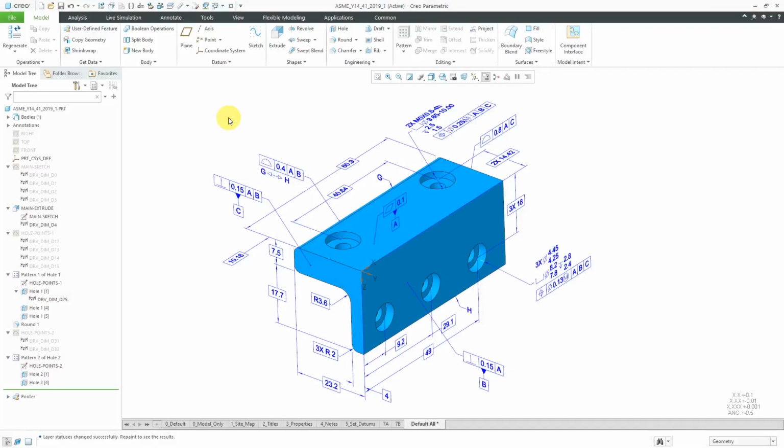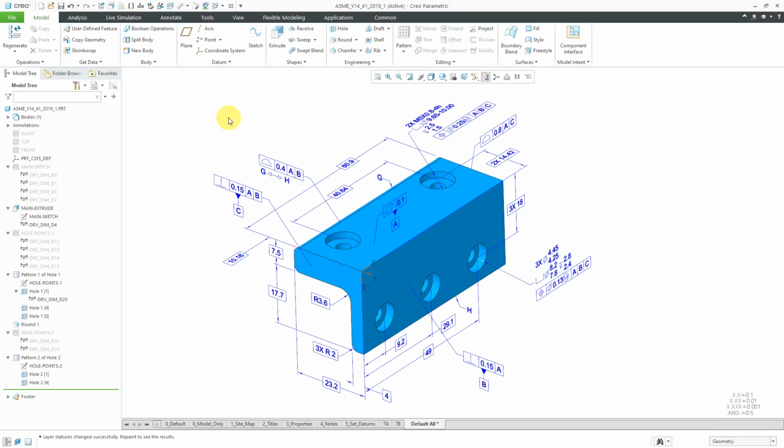In Creo Parametric, you can perform model-based definition, or MBD, and that is all about putting your PMI, or your product and manufacturing information, in your 3D models, in your parts and your assemblies. The process of doing MBD got a big overhaul in Creo Parametric 4.0 in order to comply more closely to